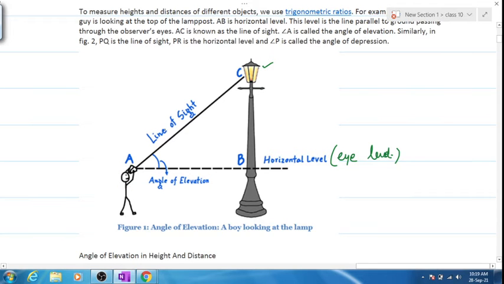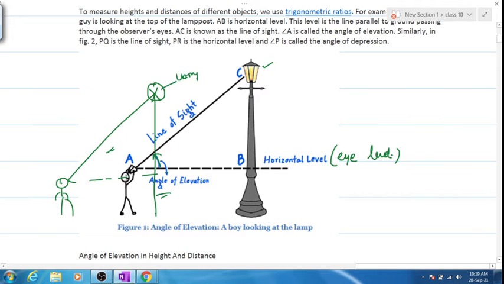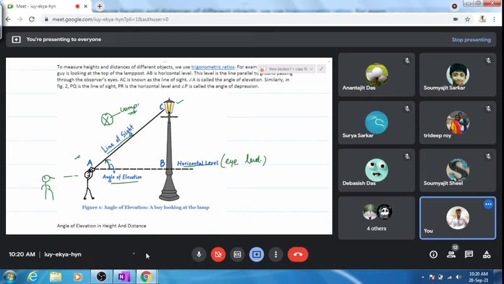So this line spelling obviously is wrong. That's correct. So this is the angle of elevation. Okay? Is this figure clear to everyone? You don't have to draw the exact figure. You draw this one like this, let's say. That's it. An angle of elevation. Just make a triangle, nothing else. You keep an X out here. You can keep anything out here. Write this like this, lamp. But make sure you write the line of sight, angle of elevation and horizontal level. Is it clear?